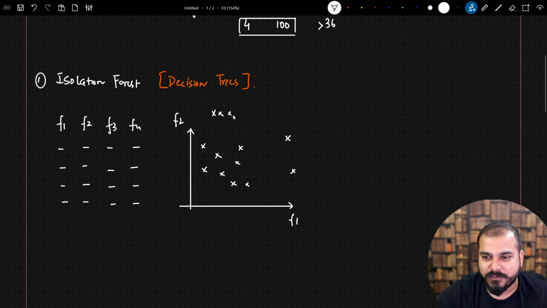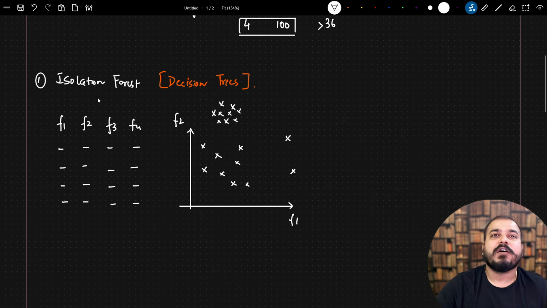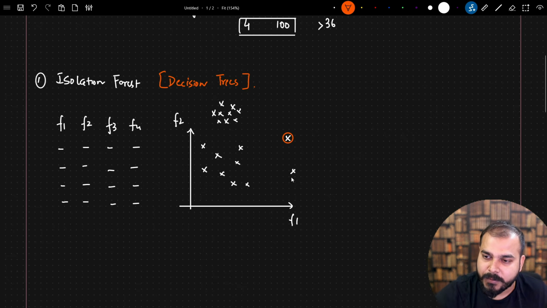I may also have some cluster of data points which looks over here. This I will not consider as an outlier because this is a specific cluster itself. But when I talk about this particular data point and this particular data point, I definitely can see that this is a kind of an outlier over here. Now, what does isolation forest basically say and how are we able to determine this data point as an